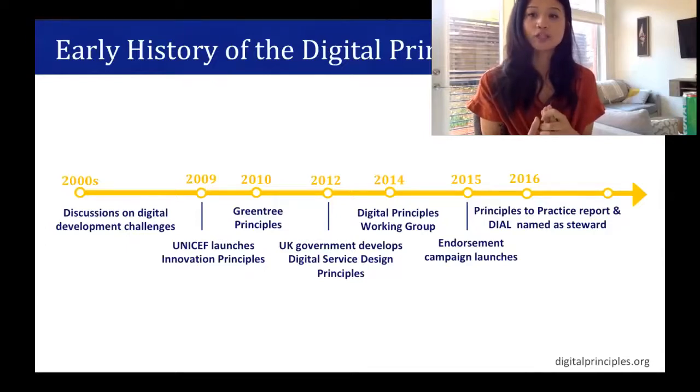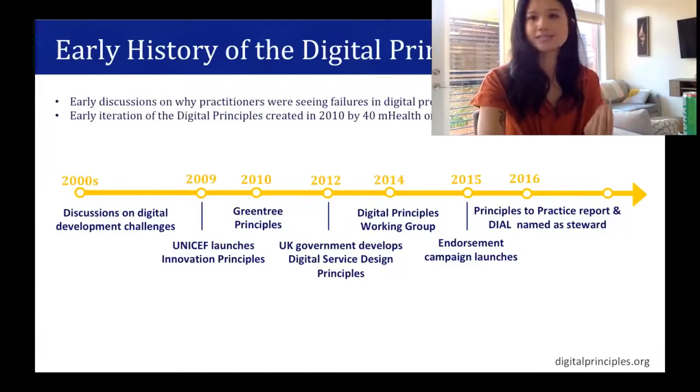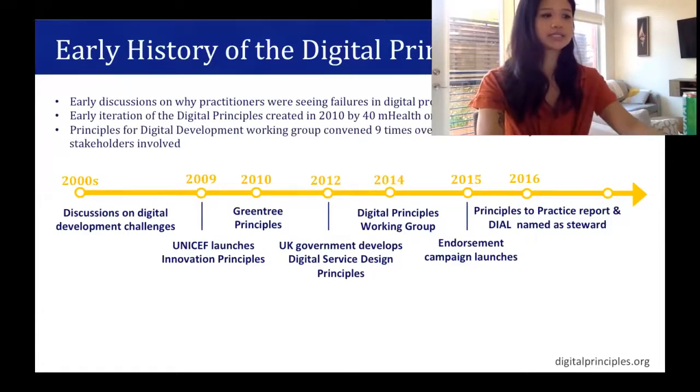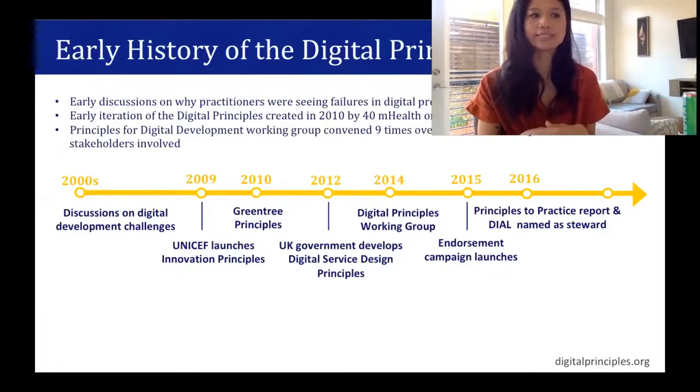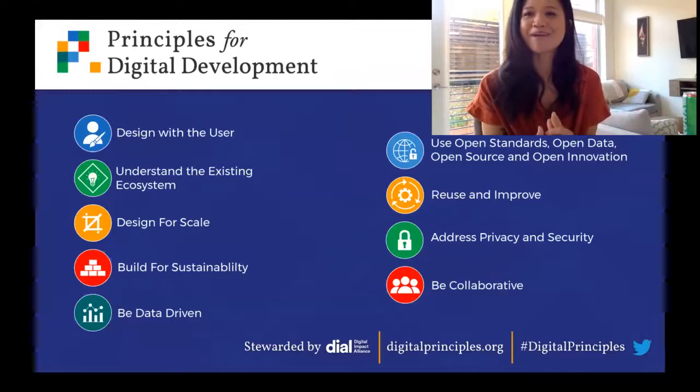And that working group launched in 2014, included donor representatives and practitioners from a lot of different development organizations, including nonprofits, consultancies, and such. And so the working group met 9 times in the course of a year to discuss each principle individually, what that really meant, and to hold deep dive events and try to flesh out, what does good look like in development. So again, here we are back to the principles as we know them today.